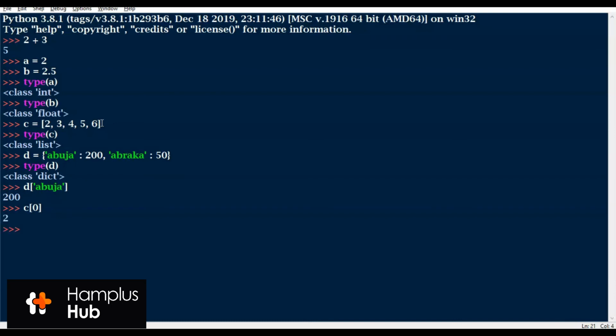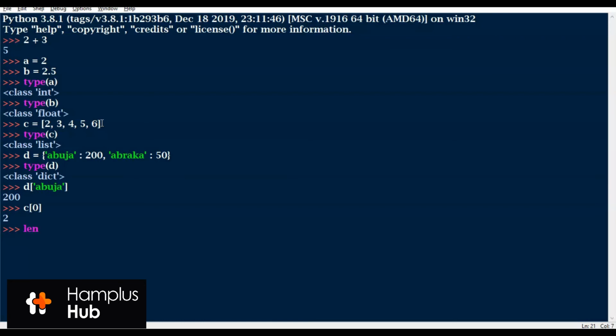Index position 4 will return 6: 0, 1, 2, 3, 4. So that's why there are 5 values in the list, and we have index positions from 0 to 4.